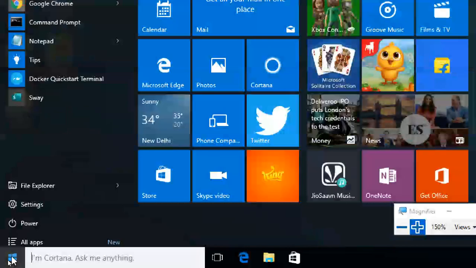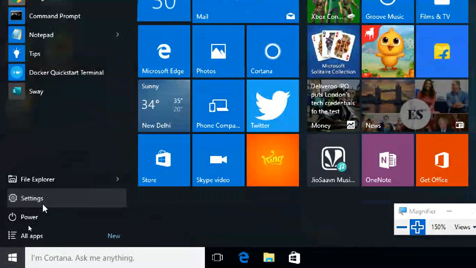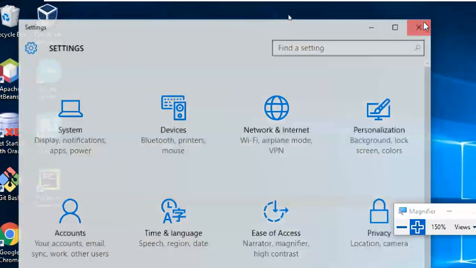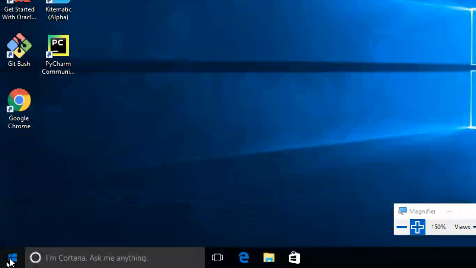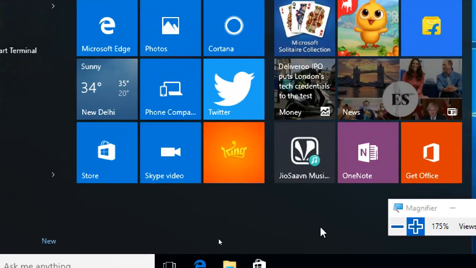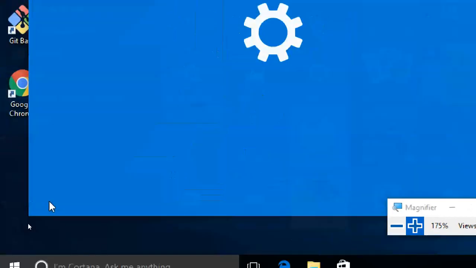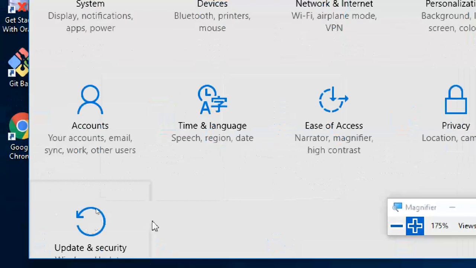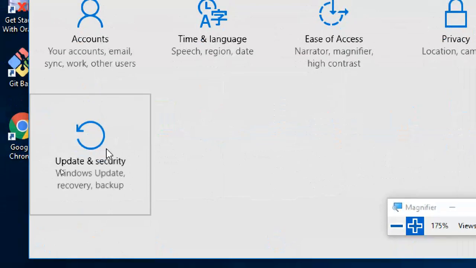Press the Windows button and go to settings. If you want to see it again, press the Windows button, go to settings. Click on settings and settings will load. Go to update and security.